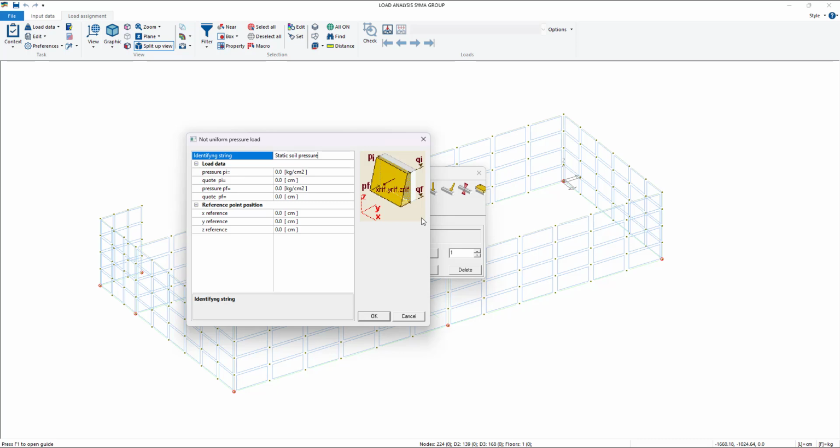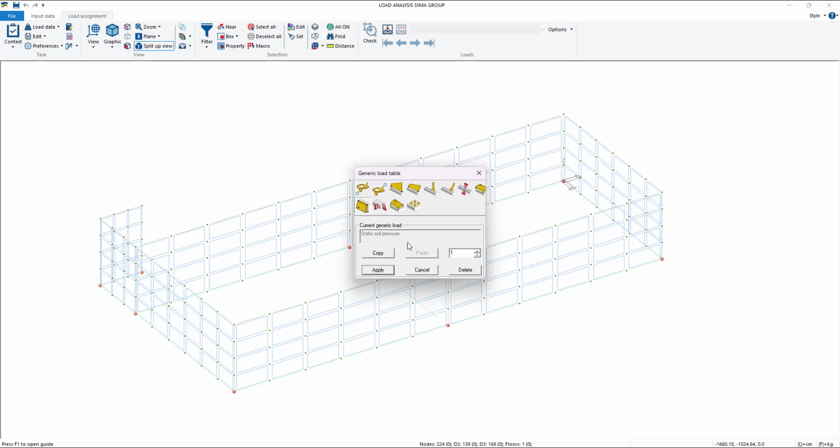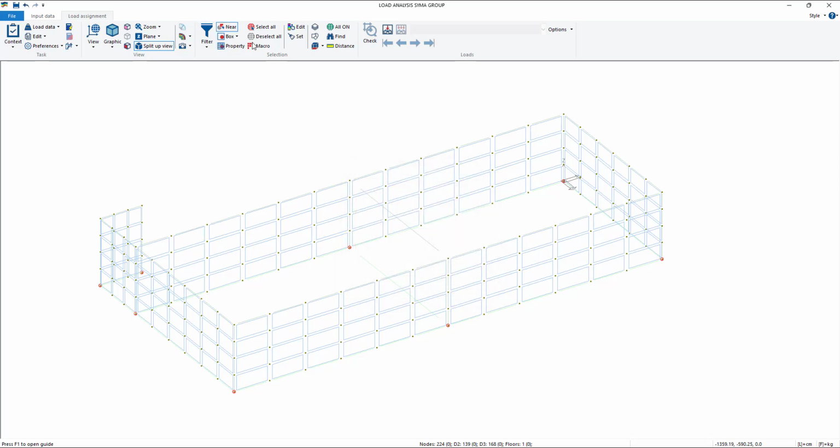The software is going to automatically fill the linear value variable on the height. First of all, you have to check which is the quote of the topmost node, let's say, of my structure. In this case, it is 280, and the base is 0.